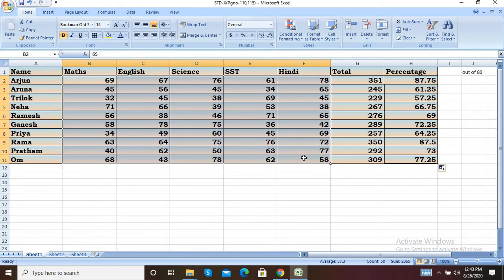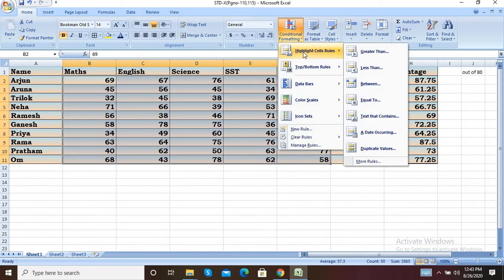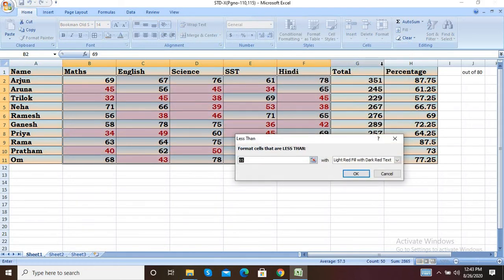Then in the home tab, the styles group is there. In that, the conditional formatting option is there. So click on conditional formatting. After that, highlight cell rules. In that, our condition is less than 40. So select less than. When you select less than, enter 40.